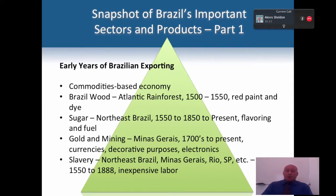And they exported that for about 50 years. And basically, in 50 years, they depleted the Atlantic rainforest, which we call the Mata Atlântica, by over 90%. And this Brazil wood was used for red paint and dyes. But when they had depleted the Brazil wood, they realized they needed another commodity to export. And around the world, sugar was becoming much more popular and used, especially by the Europeans. So they started to plant